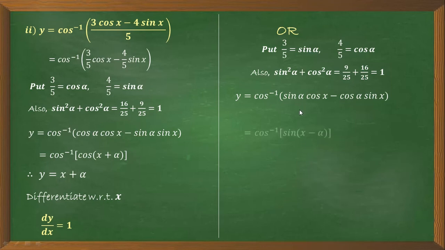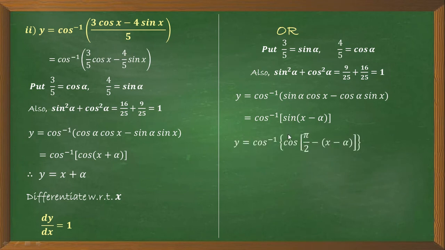See, after this we get cos inverse. Now this is the formula for sin ratio, remember. It is sin of x minus alpha. Okay, here after this adjustment we would get the direct formula for cos ratio, but after considering this we get the formula for sin ratio here. Now we need an extra step to convert this sin ratio into cos ratio. So we have to use the allied angle formula here.